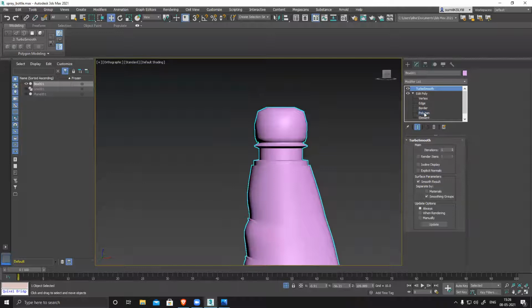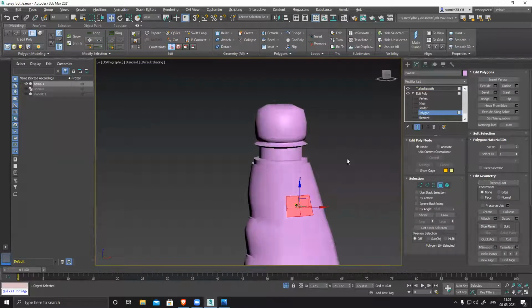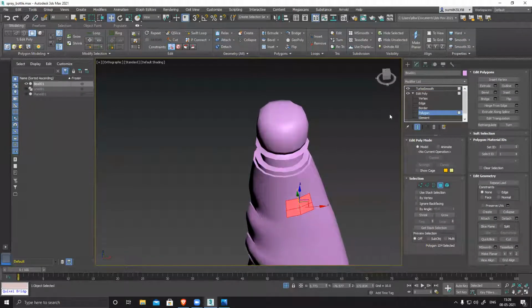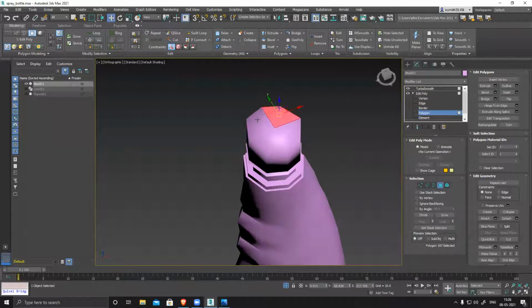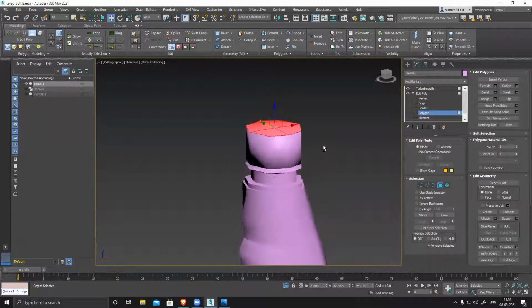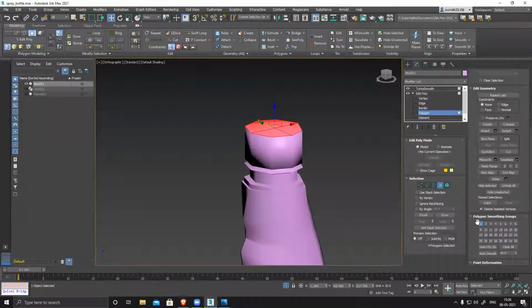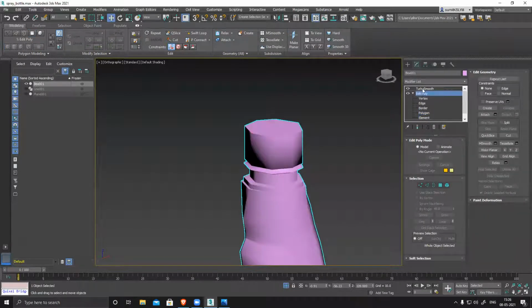So I can go back to my polygon mode, but it's showing me the output of smoothing. So what I can do is activate or deactivate this section and see, and then select my low poly and change this to 2, and go back to turbo.